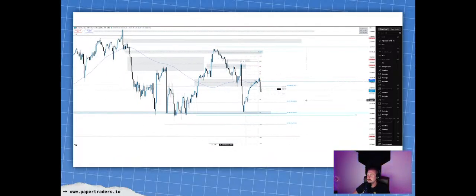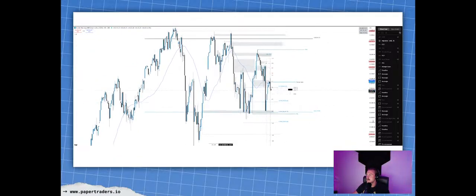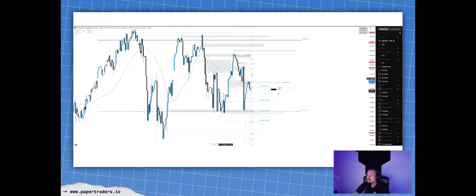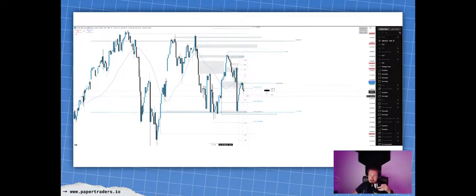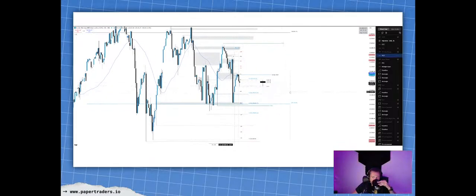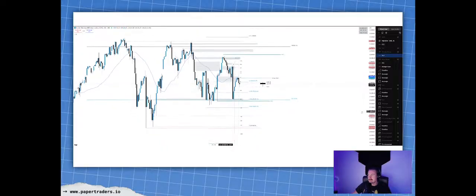Similar thing here, price is below that 15 and 50 EMA, so we're going to continue to watch what they want to do here. We outlined the OTE range of this right there. So we'll see if price wants to tap into the OTE somewhere here. However, we're still holding that